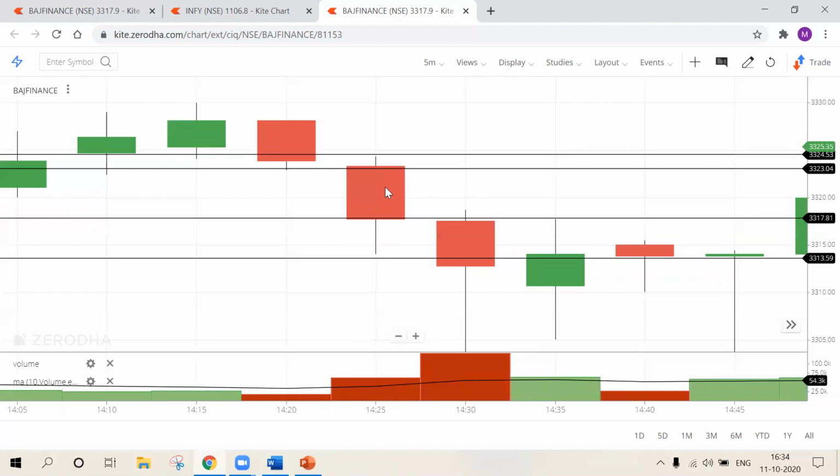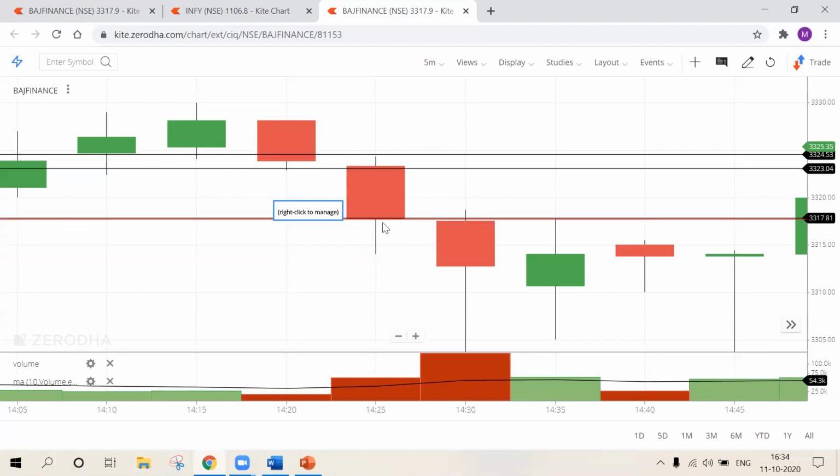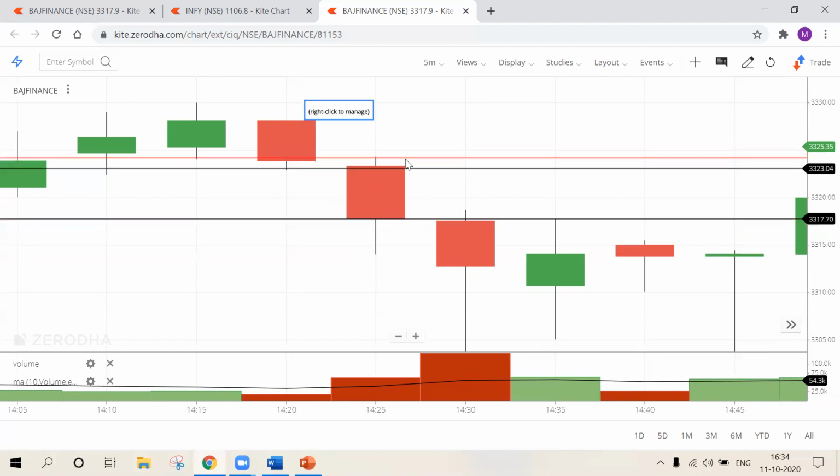That means on that day at that time, more sellers came to the market. So the color of the candle is red. This red color is nothing but the body of the candle. And this wick, this shadow, is the fighting area where opponents won. I mean, buyers came to the market and they pushed the price up, so the wick will be formed. Here also, buyers came to the market and they pushed the price down.